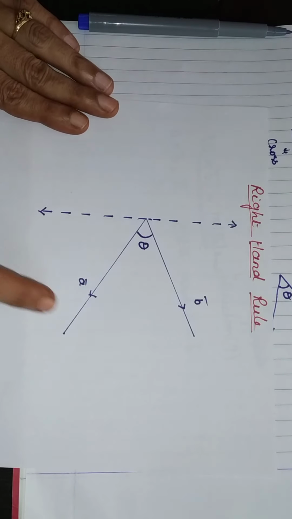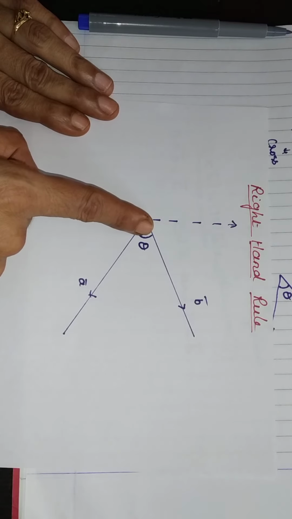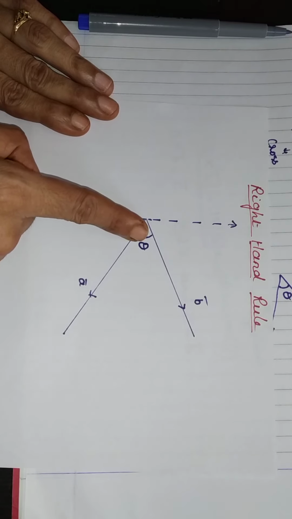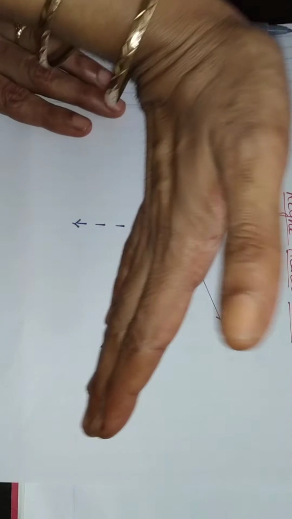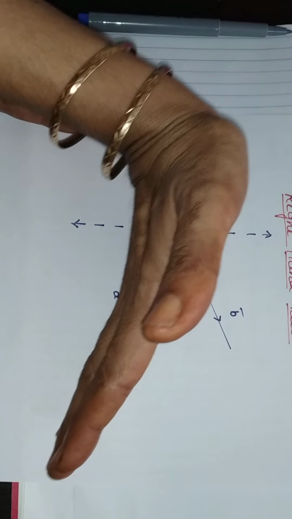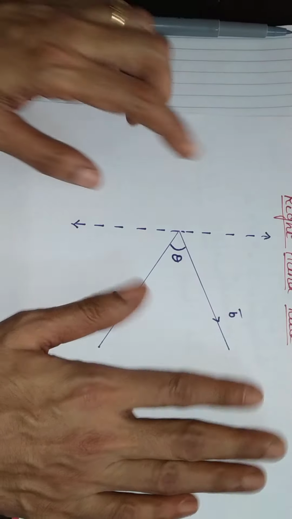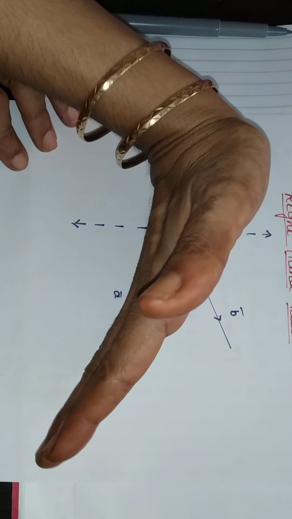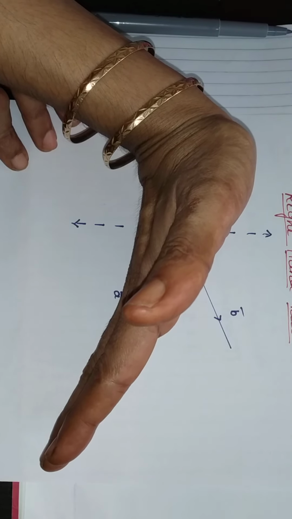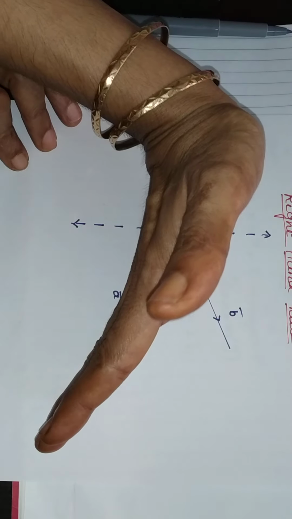In the right hand rule, suppose A bar and B bar are two vectors and they have the angle theta between them. Then suppose you take your right hand. Remember, take your right hand, and hold it perpendicular to the plane of A bar and B bar. See, A bar and B bar are lying on the flat page. So the page is a plane containing A bar and B bar. Now suppose you hold your right hand perpendicular to the plane of the page. Don't hold it flat but hold it perpendicular like this.